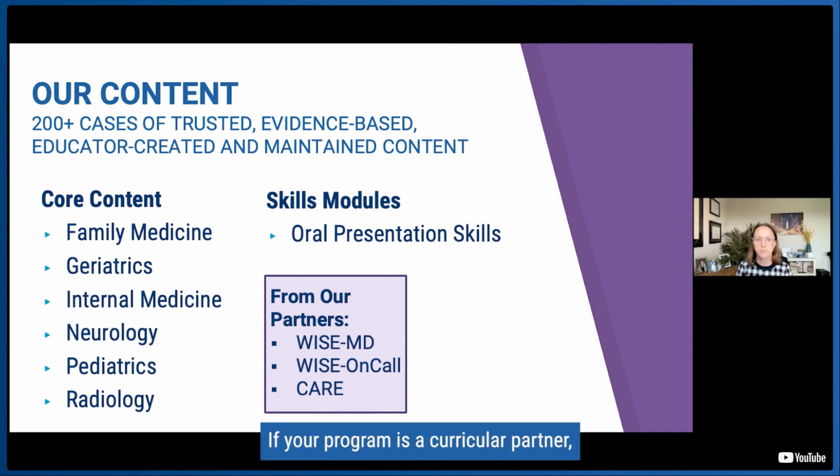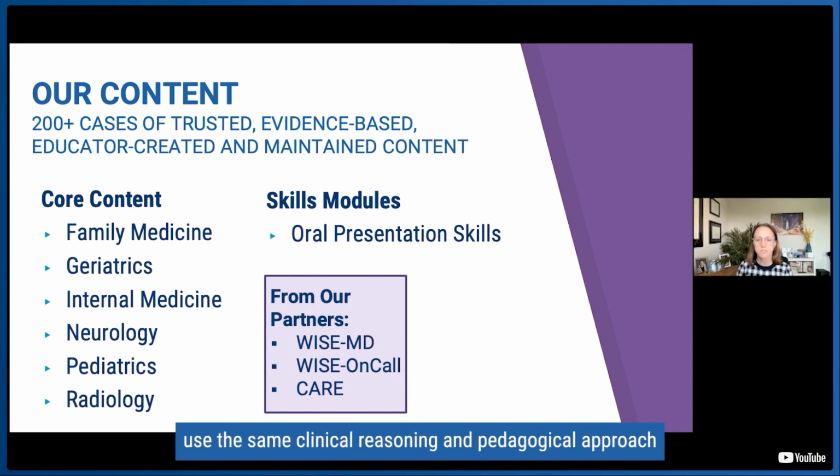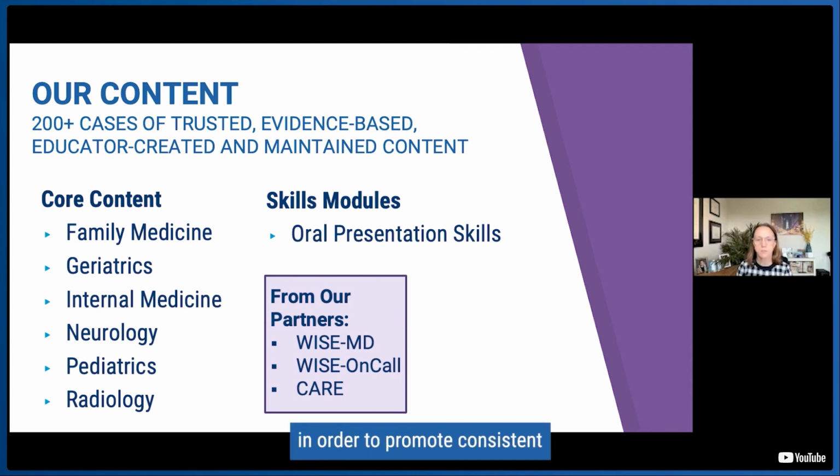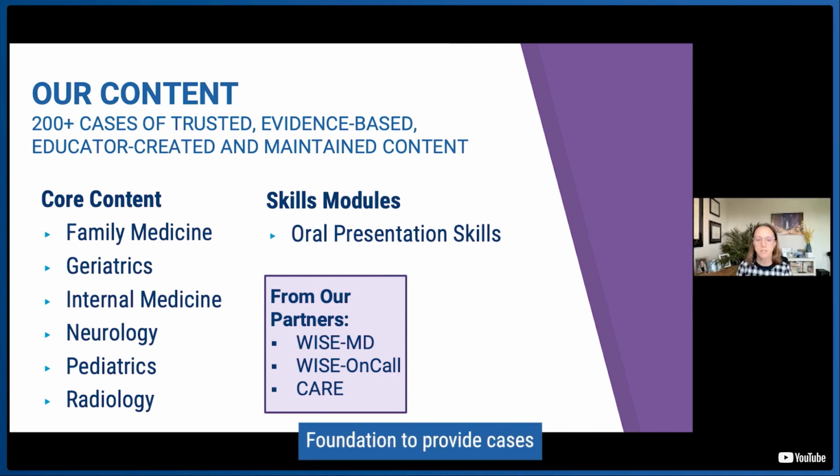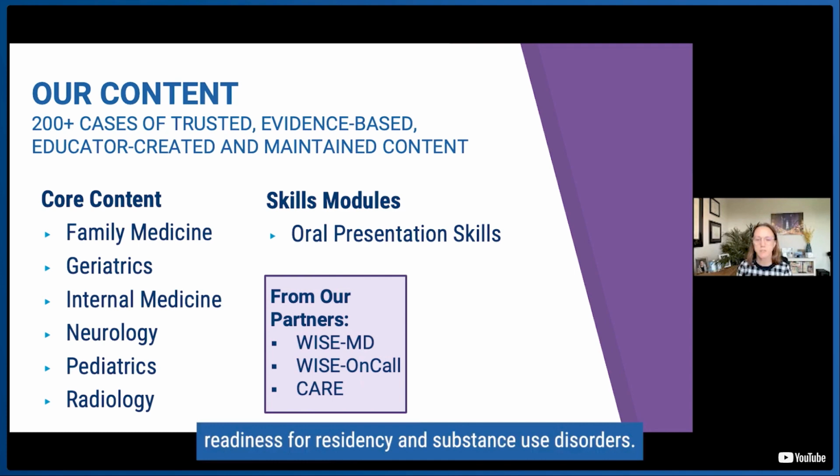If your program is a curricular partner, like over half of our subscribers, you have access to our complete content library. Our curriculum covers the national curricula and supports a majority of core clinical rotations, all of which use the same clinical reasoning and pedagogical approach in order to promote consistent and effective cognitive practice within a supporting and safe learning environment. We partner with NYU and the Betty Ford Foundation to provide cases in surgery, readiness for residency, and